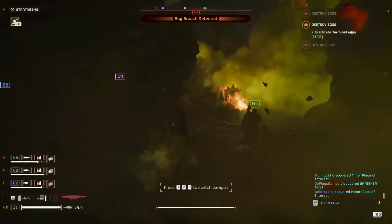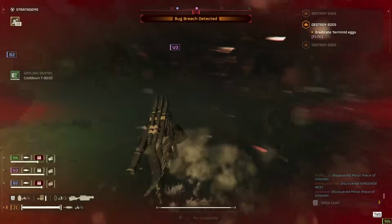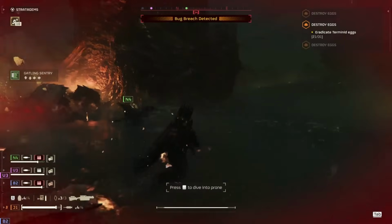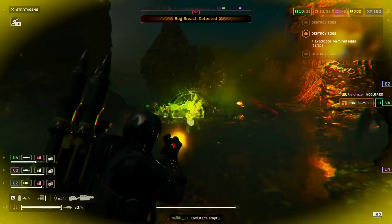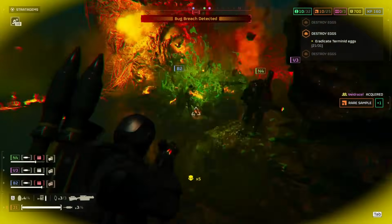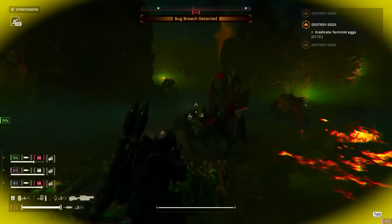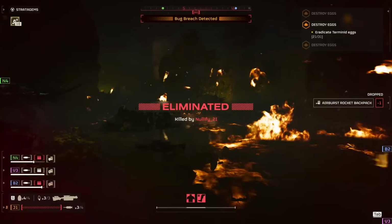Interplanetary travel options that fit into this theory are: number one, Terminid spores are being carried by humans themselves on things like their clothing and shoes from planet to planet without the humans even knowing that they're doing it, because the spores are microscopic. Those spores then grow into Terminid eggs and their populations begin to spring up. Theory number two is that the fungal spores ejected from the spore spewers are actually able to leave planetary atmosphere